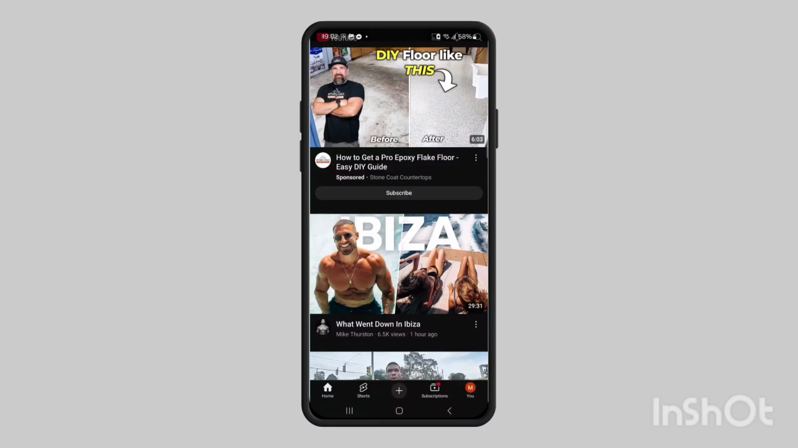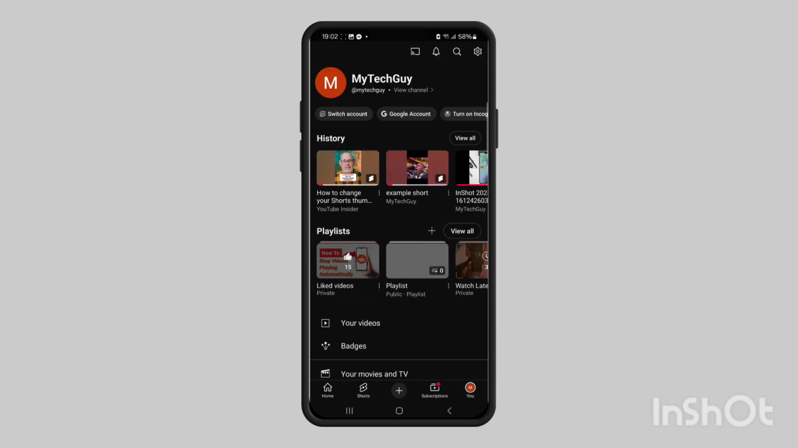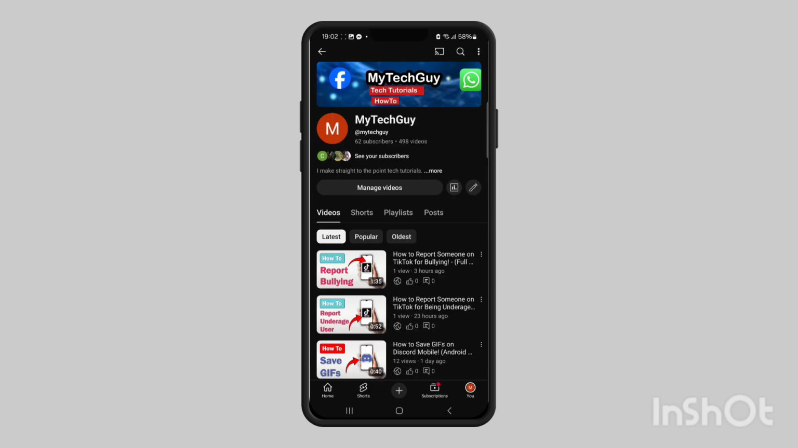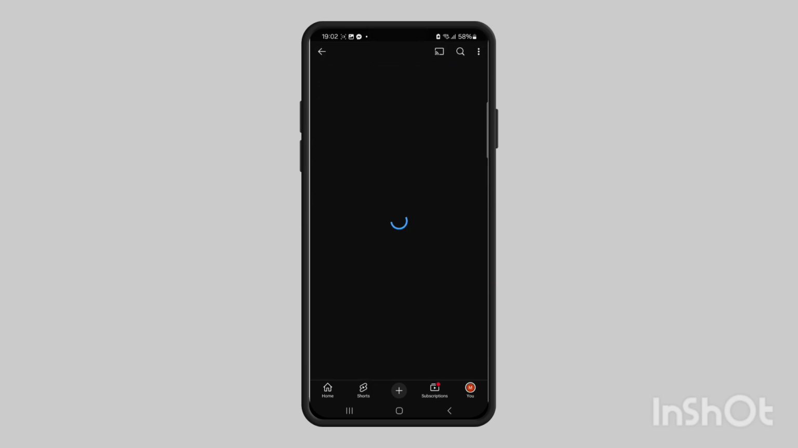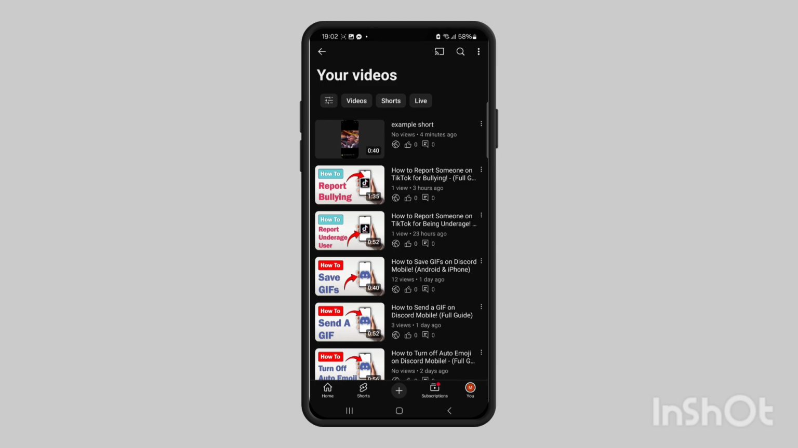In this video, I'll show you how to change your YouTube short thumbnail on the mobile. Once you're on the home screen, press on You in the bottom right, and then press View Channel. After that, below your channel description, press Manage Videos, and find the short that you'd like to change the thumbnail